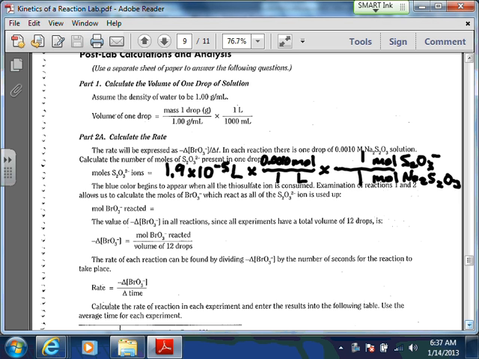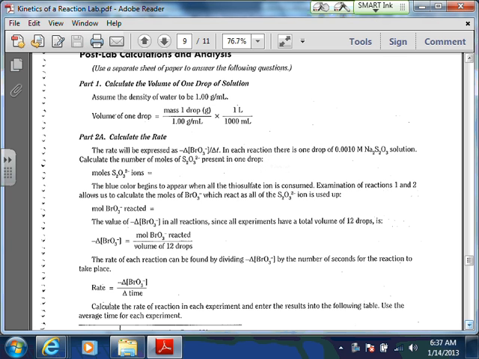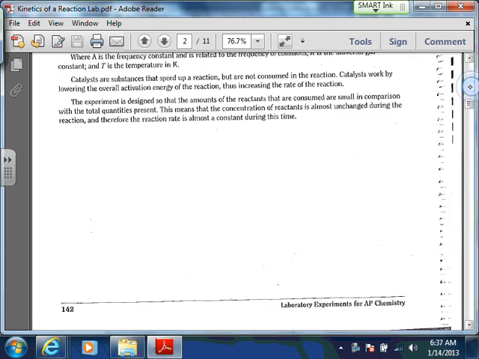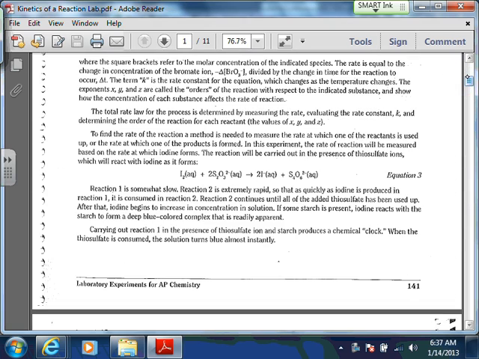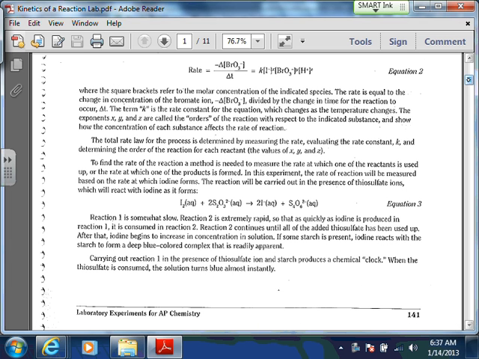Maybe I should go back to the equation just so I can really show this to you. Once you find your moles of the S2O3 2 minus, then we can figure out how many moles of BrO3 minus reacted with that by coming back up here. And really we have to look at this equation first, equation number 3, okay? Because the S2O3 2 minus here is related to the